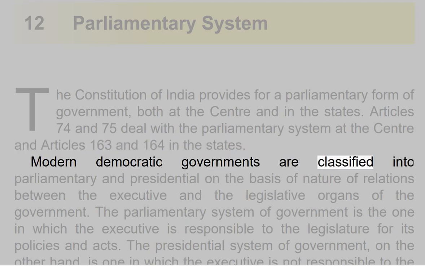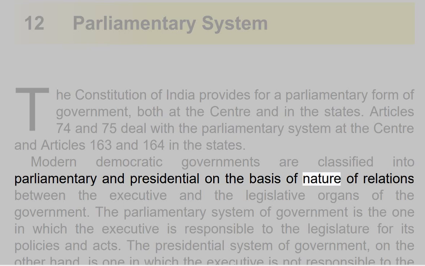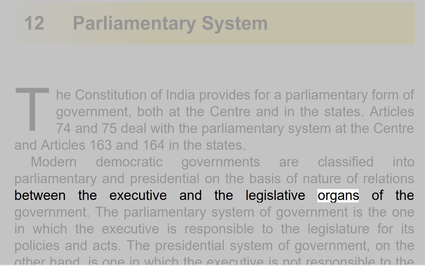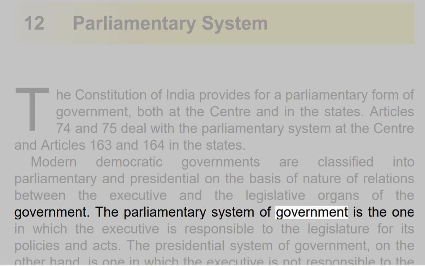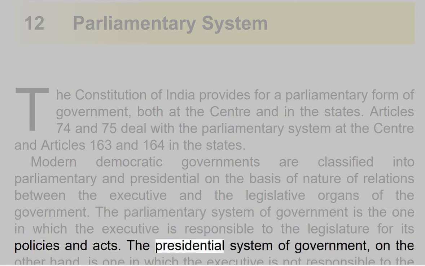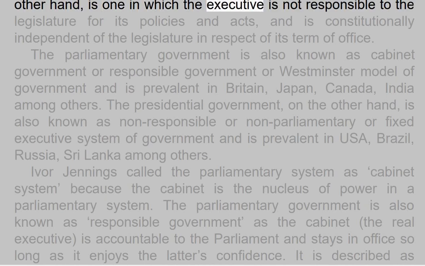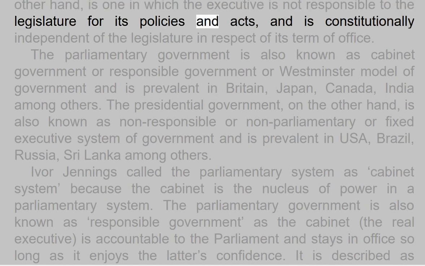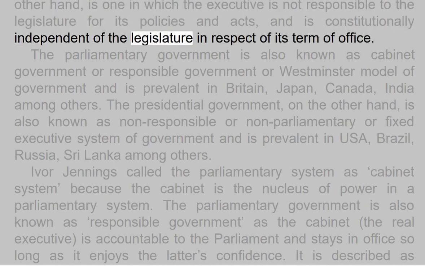Modern democratic governments are classified into parliamentary and presidential on the basis of nature of relations between the executive and the legislative organs of the government. The parliamentary system of government is the one in which the executive is responsible to the legislature for its policies and acts. The presidential system of government, on the other hand, is one in which the executive is not responsible to the legislature for its policies and acts, and is constitutionally independent of the legislature in respect of its term